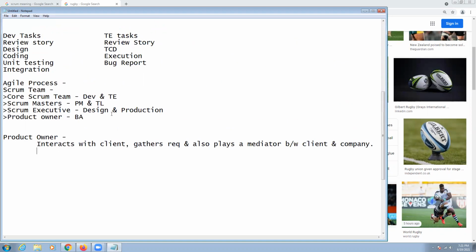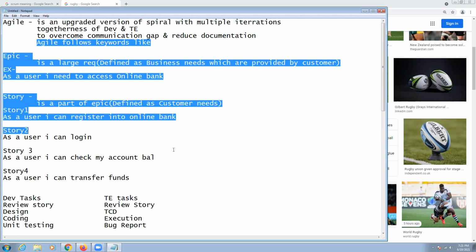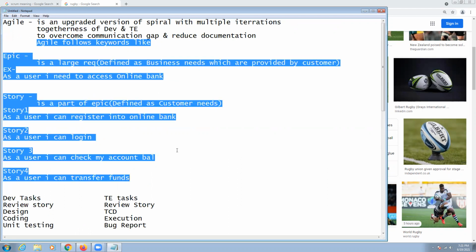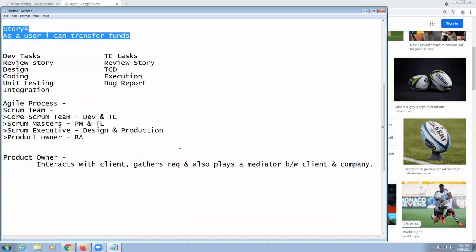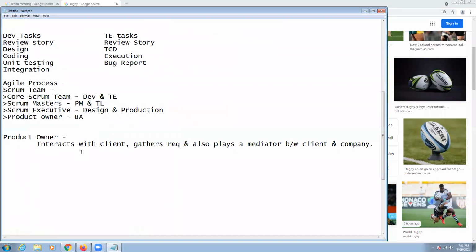Then we are talking about the keywords from yesterday onwards, right? So the requirements will be all talking about the epics and the stories over here, right? So the requirements which are being defined by the customer, this product owner will be making sure these epics and stories are being gathered properly or not over here, right? So let me put that line over here for you. Requirements gathered from customer or client, right? Product owner. Let me put all this in a shortcut for you because I don't want to put up all the words over here defining it. Requirements gathered from client by product owner,